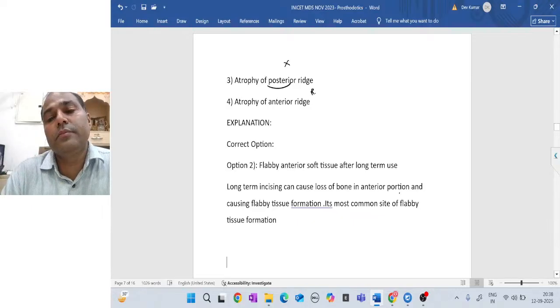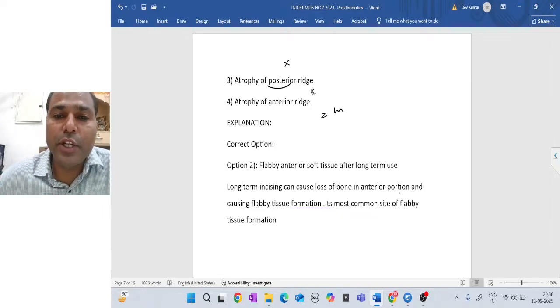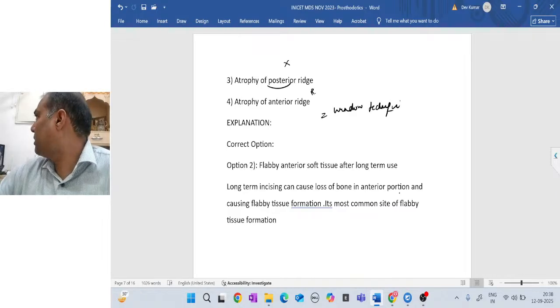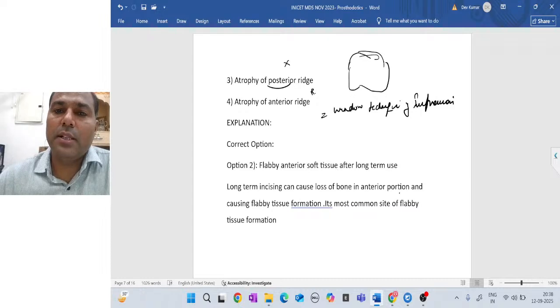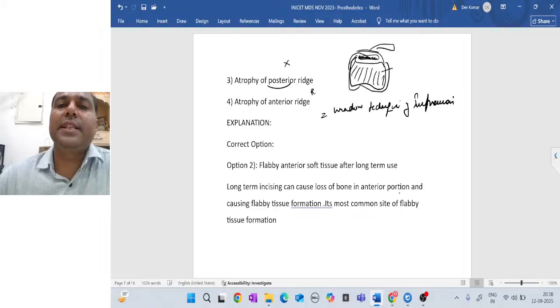लिख लो. और यहाँ पे आप either you will use a window technique of impression, okay, where for example जैसे मान लीजिए ये तुम्हारा मैक्सिलरी रिज है और यहाँ पे तुम्हारा रिडंडेंट टिश्यू है, तो इसके अलावा इसको छोड़ के आप सारा, फॉर एग्जांपल आपने ZOE से ले लिया इम्प्रेशन और यहाँ विंडो बना रखी है आपने ट्रे में, ठीक है, फिर आप दोबारा रखो ट्रे को एंड देन यू अप्लाई